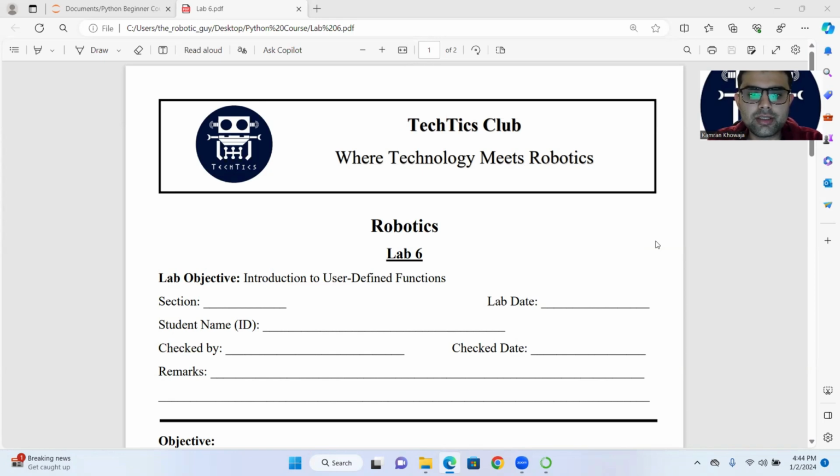So lab number 6 is about introduction to user-defined functions. For those who are not aware of functions, functions are basically a set of code, which means you write your function one time, then you can use it multiple times. It's very similar to, let's take an example. There's a famous example from when I was studying computer science. My professor used to say that if you go to a hairdresser and you ask him to give you a specific style, which means